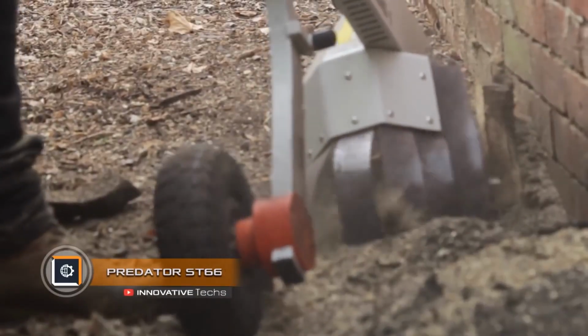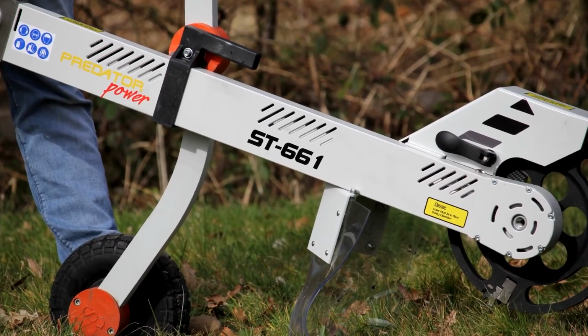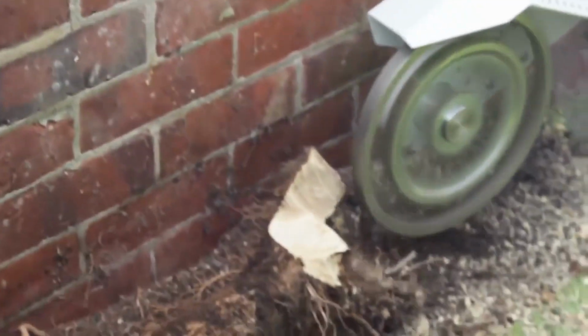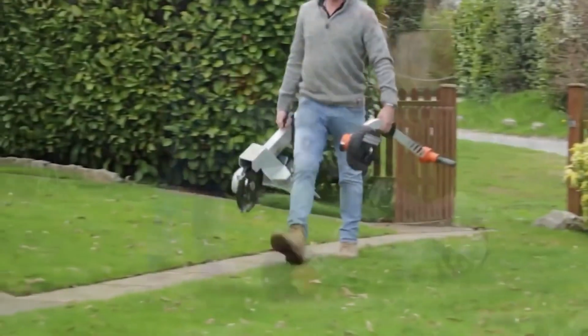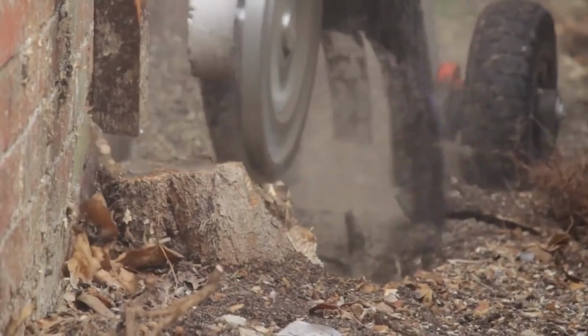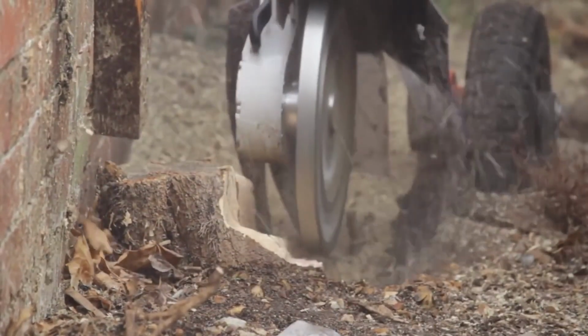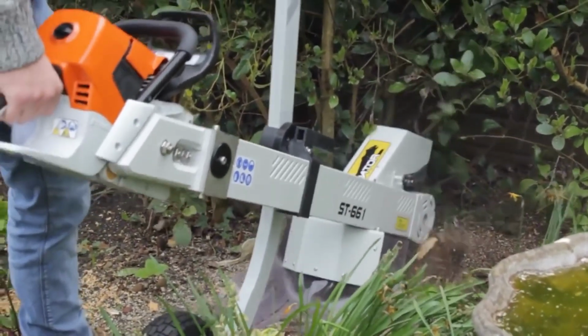Predator ST661. The Predator ST661 can turn an ordinary chainsaw into an efficient machine for removing tree stumps. The main feature of this device is its compactness and ease of use. The motor part of a chainsaw of any design is mounted on a steel welded frame, to which the cutting body itself is connected. It is a hard alloy drive disc that is driven by a chain. The frame rests on a pneumatic roller, and the operator is there just to start the engine and